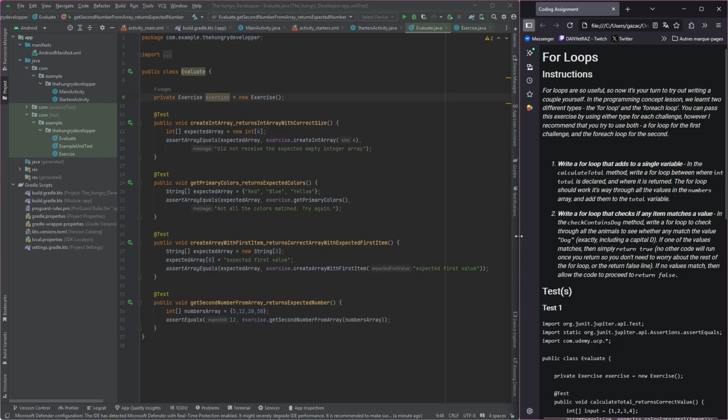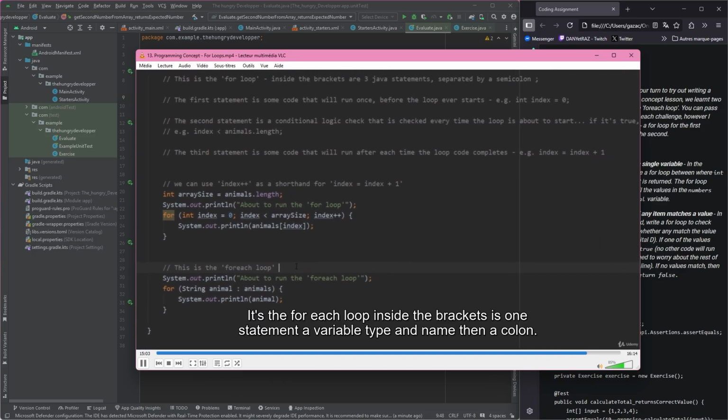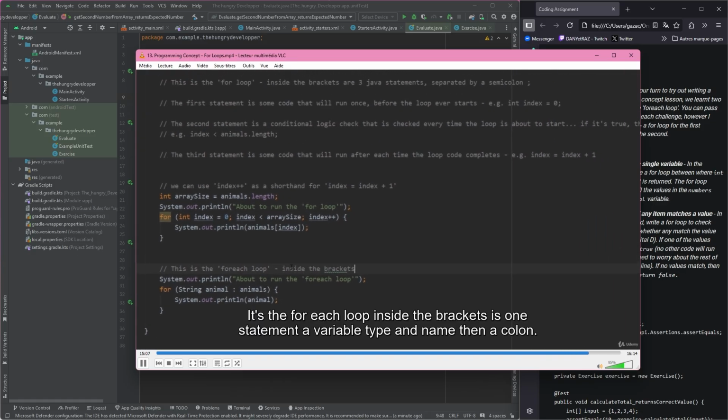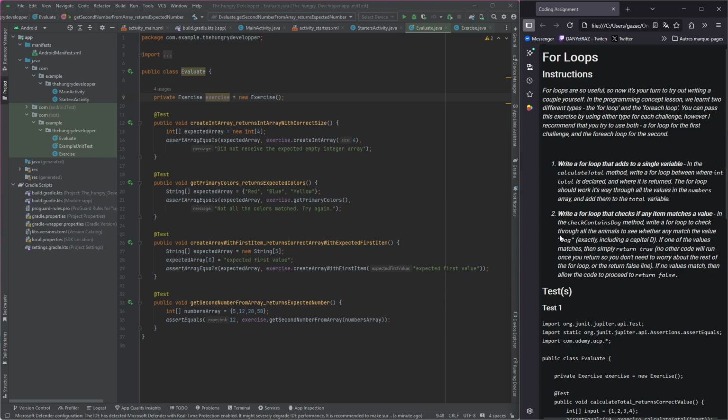So let's just do one final comment. This is the for each loop. And they put for each as one word. You'll see it here. Okay? This is the for each loop. Inside the brackets is one statement, a variable type and name, then a colon, then